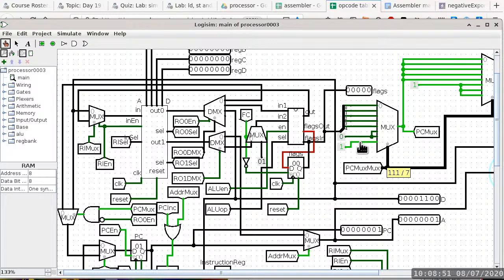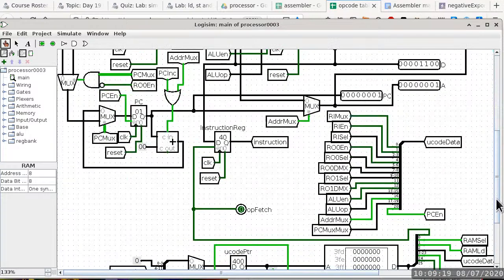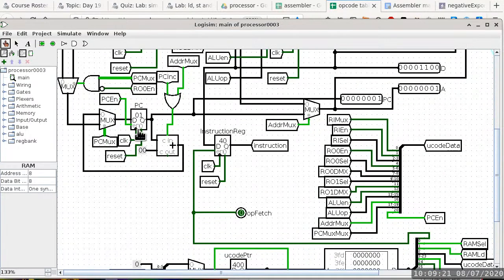So that's why it's taking a constant, which is fed into input 7 of this multiplexer to become the output. And this is why PCMux is a 1. PCMux by itself is not coming straight out of the ROM. PCMuxMux is. But PCMuxMux in this particular case is just connecting a constant of 1 to PCMux, and that is why PCMux is a 1. Alright, so let's watch the magic happen, which is the next rising edge of the clock right here, Control T,